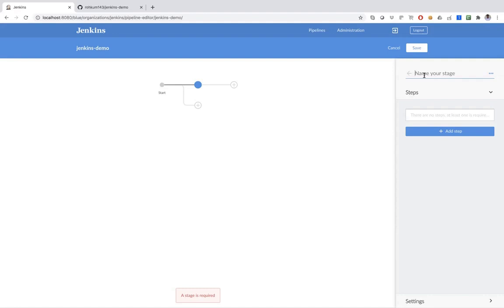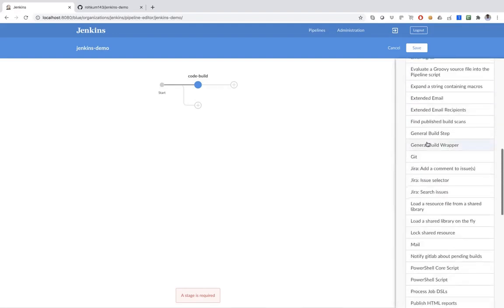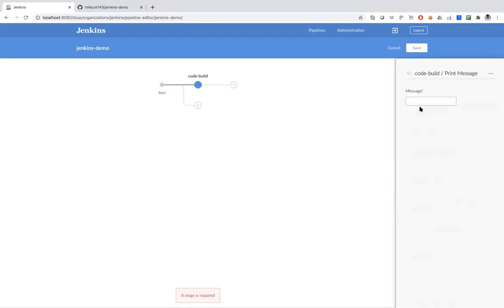In this stage, I'm going to put the name code, or you can say build, and I'm going to create the steps here. These steps are predefined by Jenkins. You can use any one. Here I'm just going to create a simple one, this is my build step.